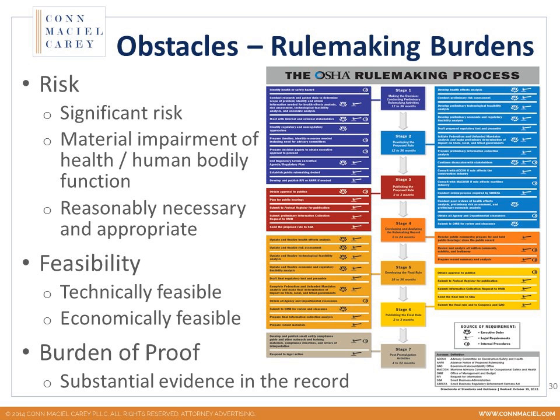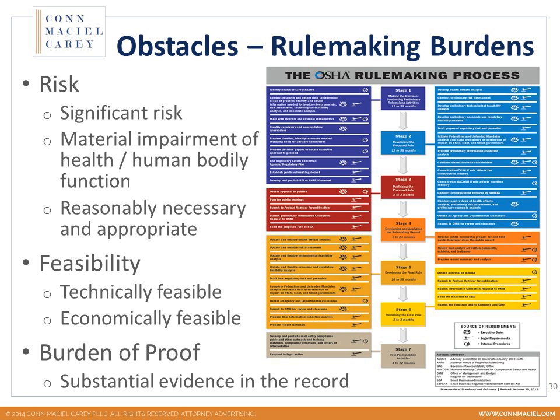In addition, the statute under Section 3.8 requires a rulemaking to be done only where it is reasonably necessary and appropriate. There's case law defining what reasonably necessary and appropriate means. I won't go into that, but it increases the burden on the agency to demonstrate that there is a true need for a rulemaking and a true risk before they can engage in rulemaking.